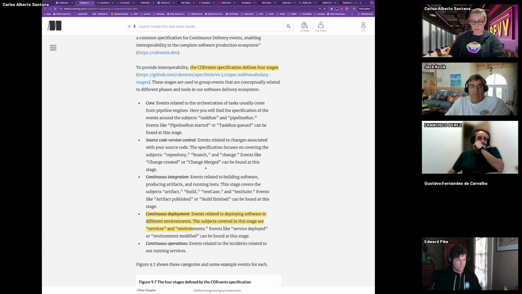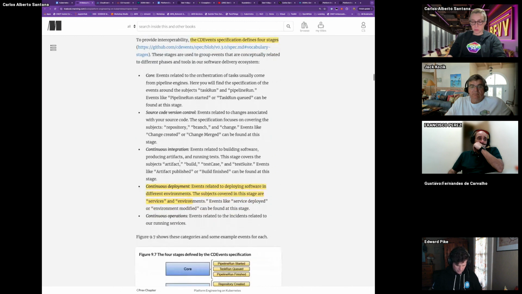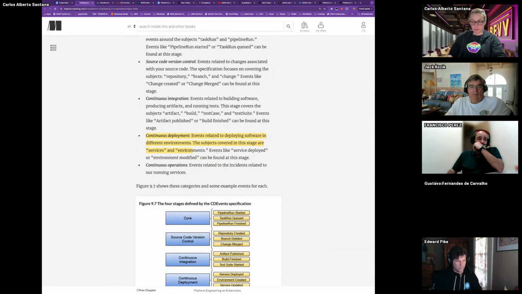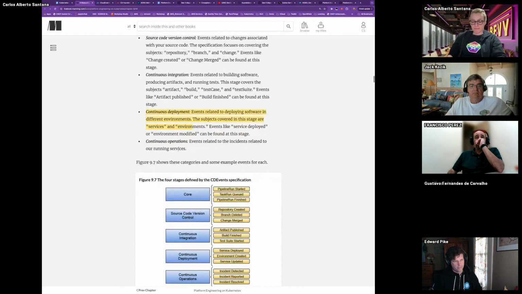So it has the same dialect. Continuous integration has events, like an artifact, a build, a test case, those are the stages that are covered, and the subjects. And then continuous deployment, which is things like services deployed or environment modified, and the terms of services and environments, and then continuous operations, which is running the system.